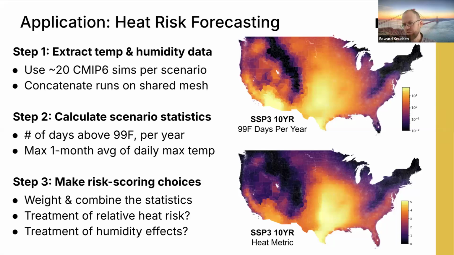And the same thing is true in other regions of the world. So for example, comparing India and the UK, it is much hotter and humid, and that humidity effect will drive up the heat risk a little bit relative to drier places in the world like the Western US. So those are some of the choices that we have to step through to get to a final risk score. And they're not only coming from the climate modeling input, they're also coming from, well, how do we think about risk? What's important? And how do we interpret that for our particular use case?